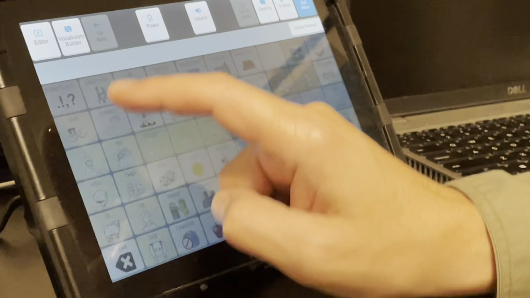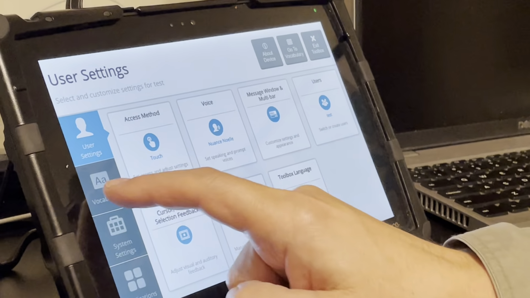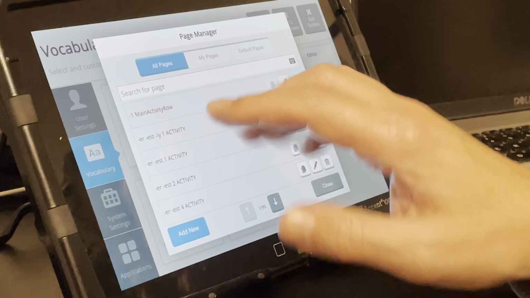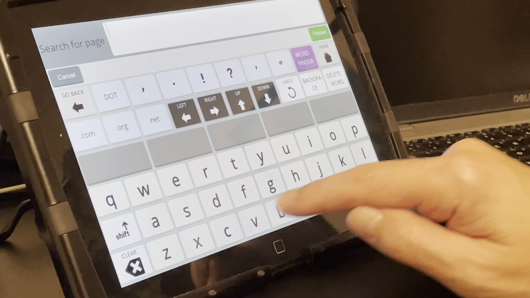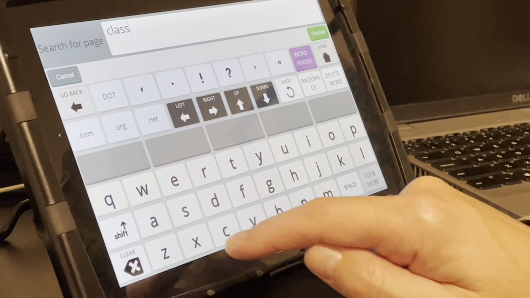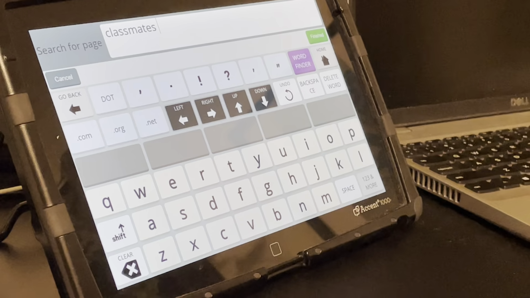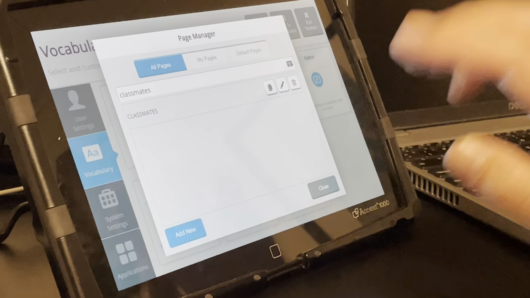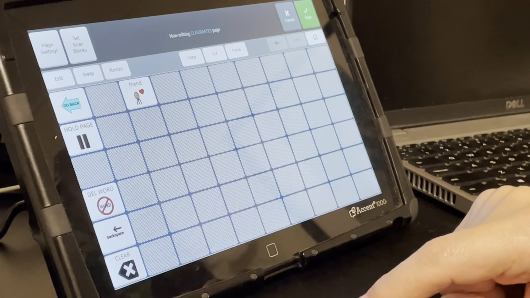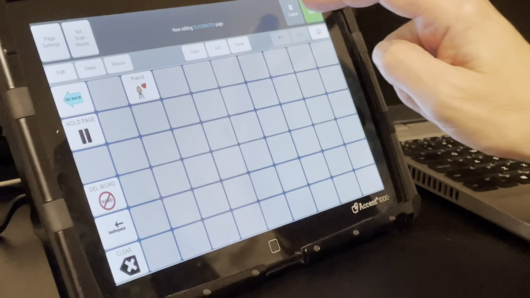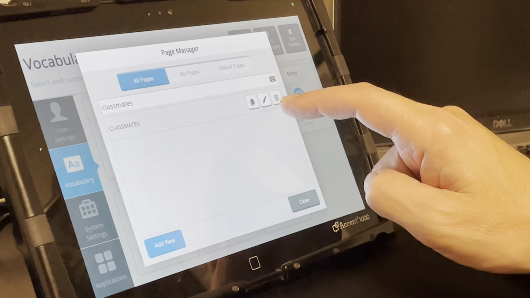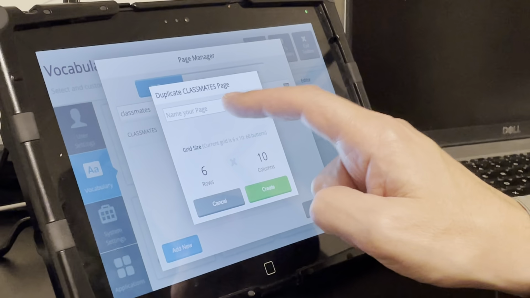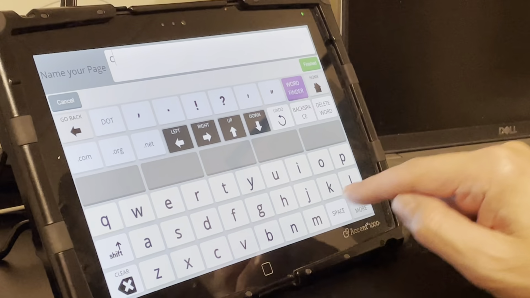Okay, so I'm going to go into my toolbox, my vocabulary, and my page manager. I'm going to look for the page that I know, that one is called Classmates. So I'm going to say finished. I found my page. That's the one that has this friend on it. What I don't want to do is edit it. What I want to do is copy it. I hit edit. I should just hit copy. So this page of his current friends